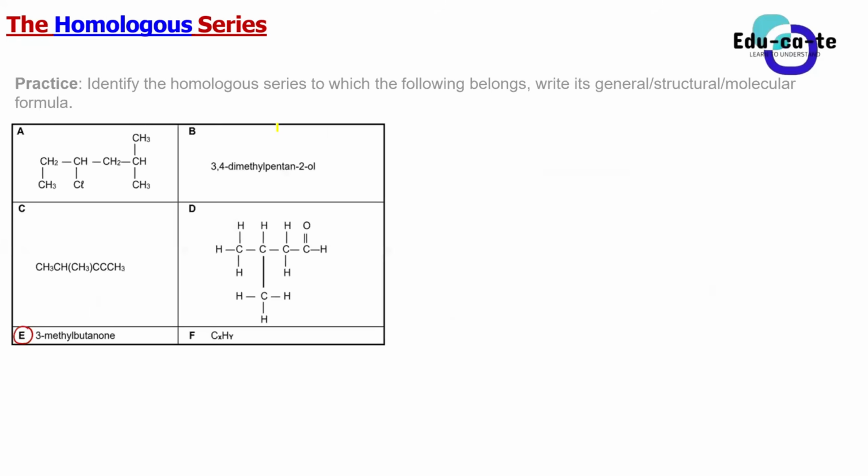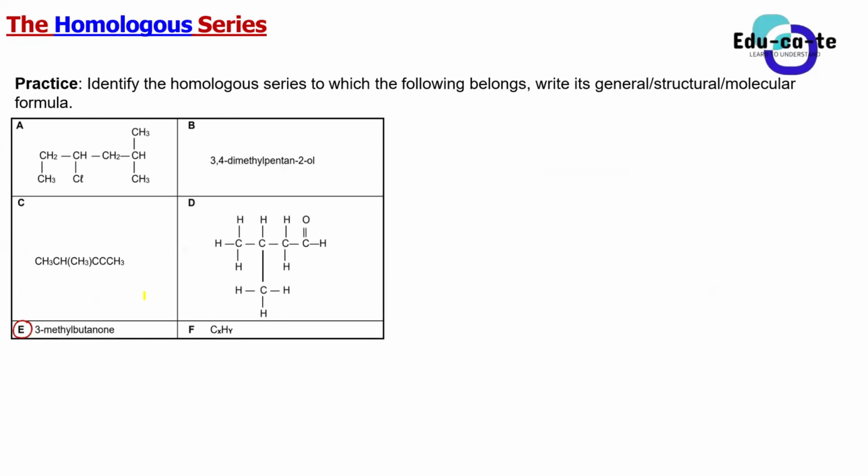Okay, let us just start with this table that has got 6 organic compounds. They say identify the homologous series. You must be able to do this, and you must also be able to write the general formula that corresponds to the homologous series. If you can, you are supposed to write the structural formula as well as the condensed structural formula. You are also required to write the molecular formula. So let's try to do that for each of the following organic compounds so that you can see if we understand the basics.